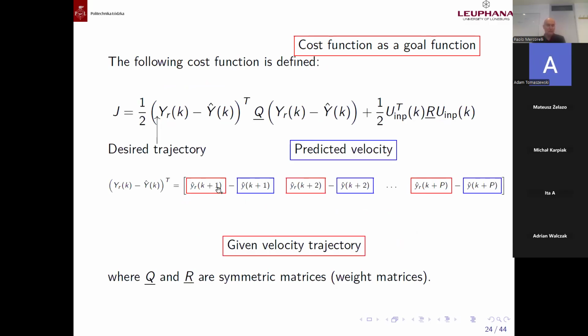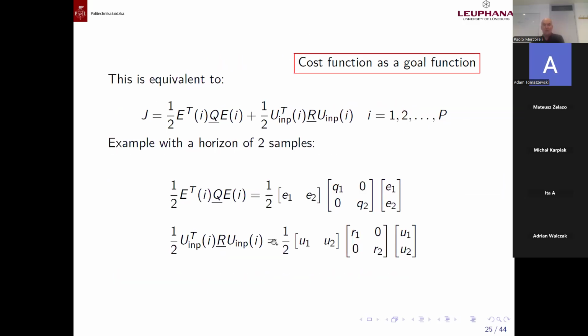From here, K plus 1 was tomorrow, K is today. I mean, the prediction of the error of today starts with the first component, which is tomorrow. The weight matrix R is quite similar, but